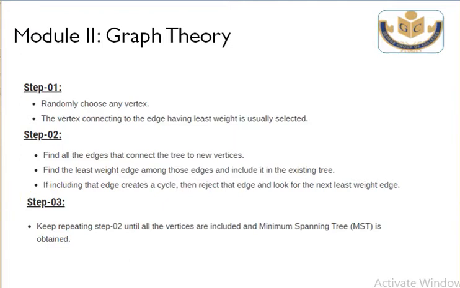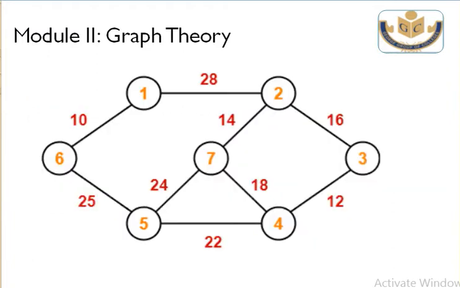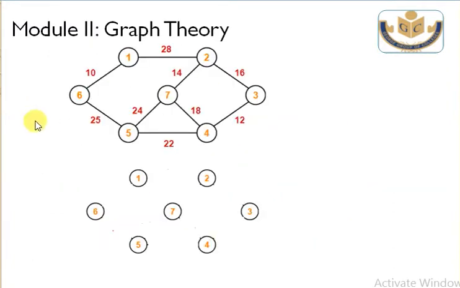The best part is the way I am solving it. Try to understand the steps. Correct? So this was my picture, and in a single page I have drawn both. Okay. So, minimum spanning tree. I can select any point randomly. I am now selecting a random point, that is 6. So from 6 I can go to 1, I can go to 5 with 25. So between 10 and 25, which one is minimum? 10. So write this.